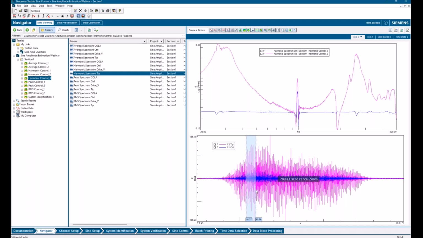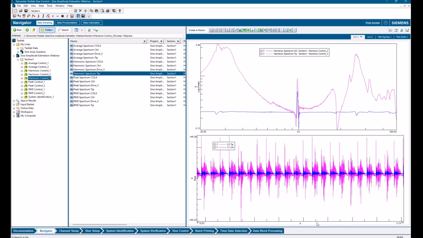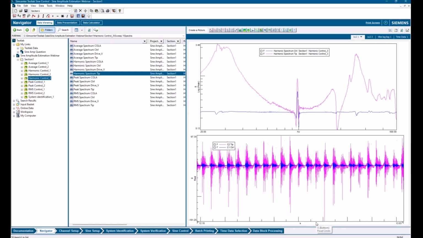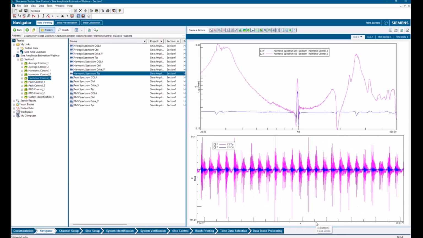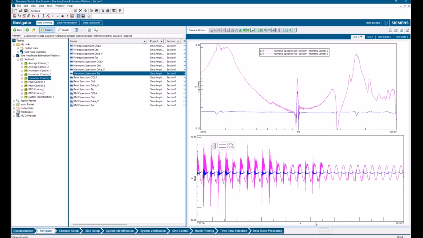The other thing is, if you zoom in here, you can see all the impacts. These are all transients from the test. And it keeps happening here as we go through that frequency.